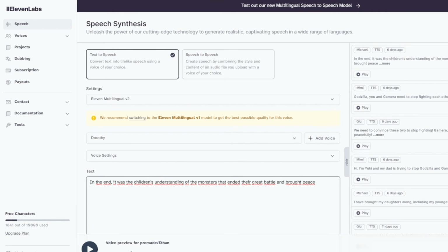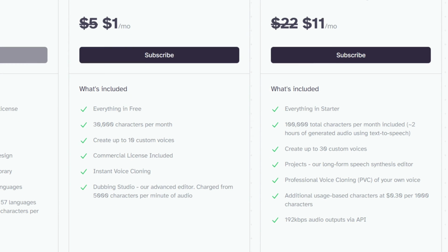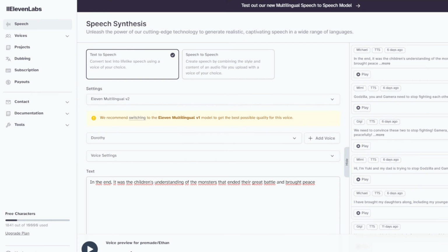But I will say 11 Labs comes with a lot of features, but there's many things you could do with it. You could do AI narrated content. You could create voiceovers for social media content. You could create, like I said, an audiobook. There's a lot of other features that 11 Labs has, especially if you've got the creator plan. Then you can actually clone your own voice. And then what that means is you just clone your voice and then you can just reuse it and just type out what you need, and you don't have to spend time recording your voice and making sure that it sounds good and everything. You can also automatically voice your content into other languages,